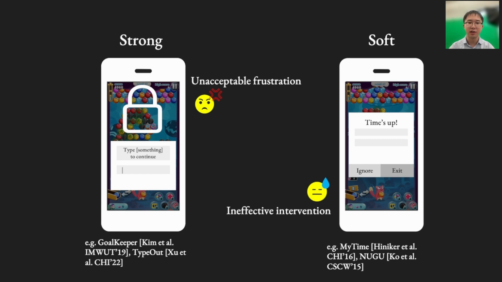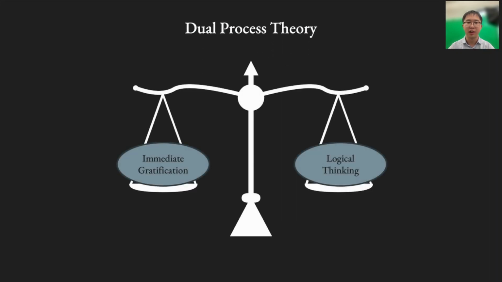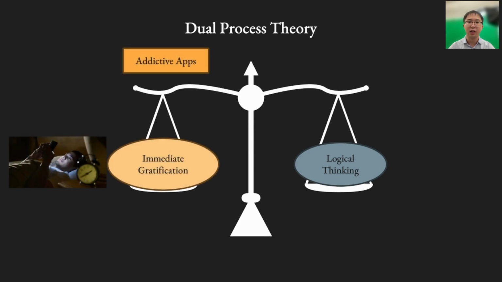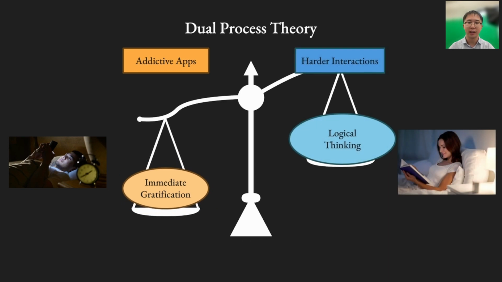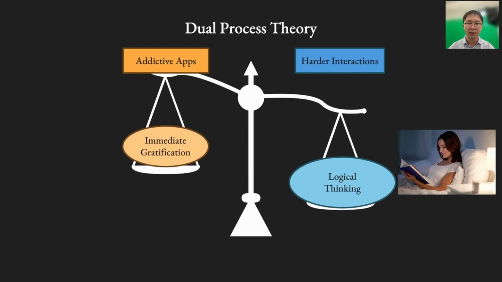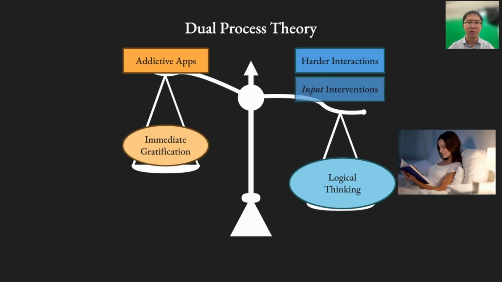The smartphone user decision-making process can be largely explained by dual process theory. To engage users, app designers often try to cater to one's desire for immediate gratification and override their logical thinking. Users often just need to use simple tap and swipe interactions. Conversely, research shows that harder or more sophisticated interactions help evoke users' self-awareness. These shed light on our idea of manipulating input to introduce a mismatch between the issued command and the output